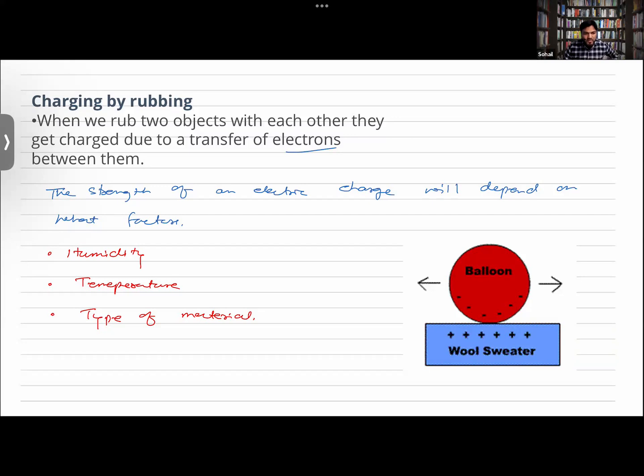So we were talking about the strength over here. Hope that is clear. If there's any question, please do let me know. So that is the relation between humidity and the static charges. One more question comes: will temperature also impact here? Yes. If the temperature is more, lesser charges will be transferred. So there's an inverse relation. If temperature increases,